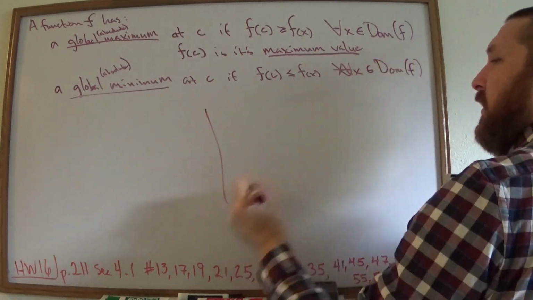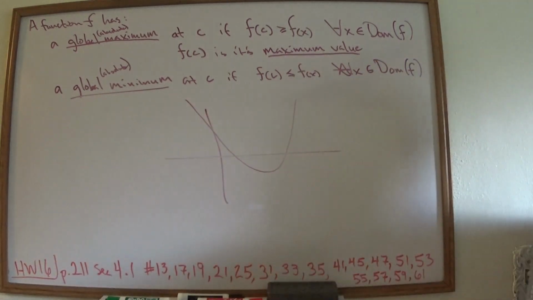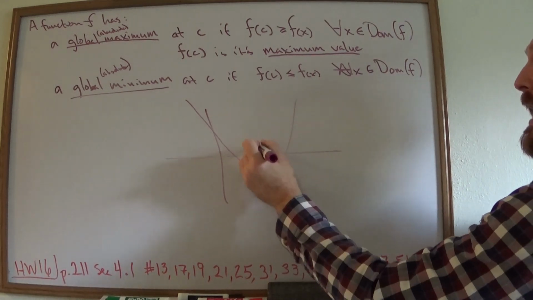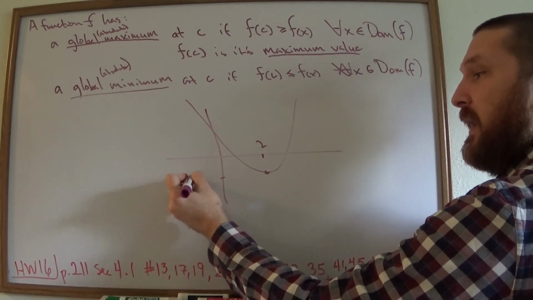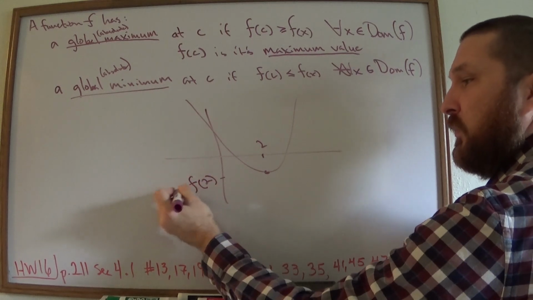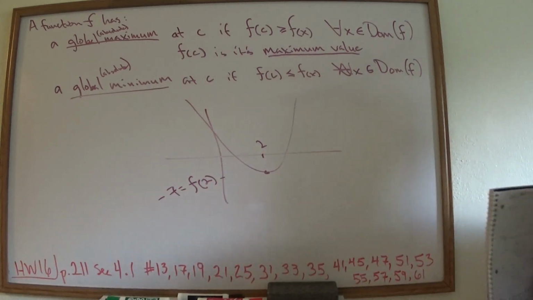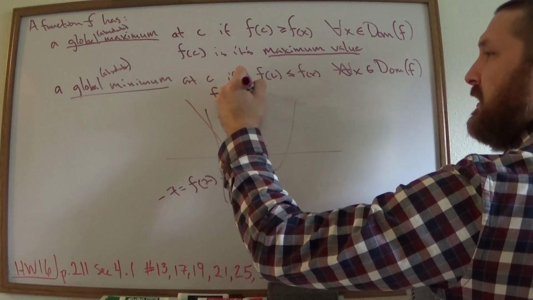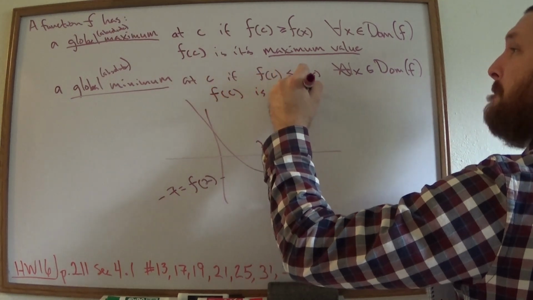And so that was like our example that we started with. It had a global minimum at 2, and f of 2, which was -7, is its minimum